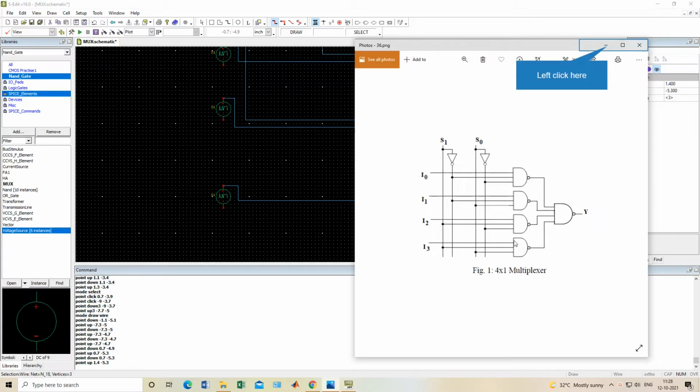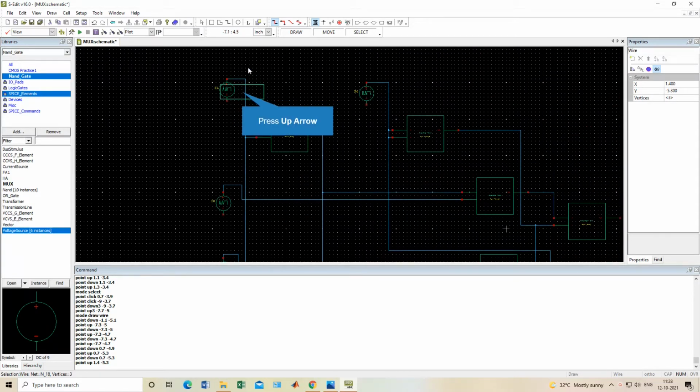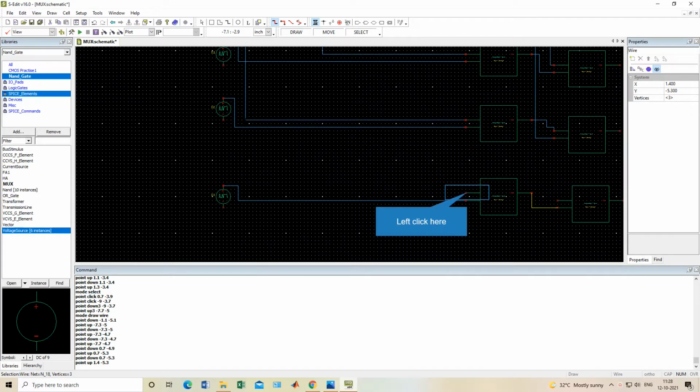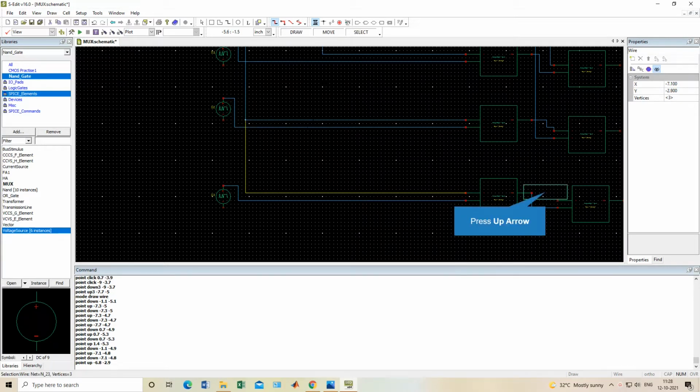Now see, S1 is directly connected to the fourth NAND gate, and S0 is also directly connected to the fourth NAND gate. Here you can see this is my S1 coming directly till here, so I will connect it to this.